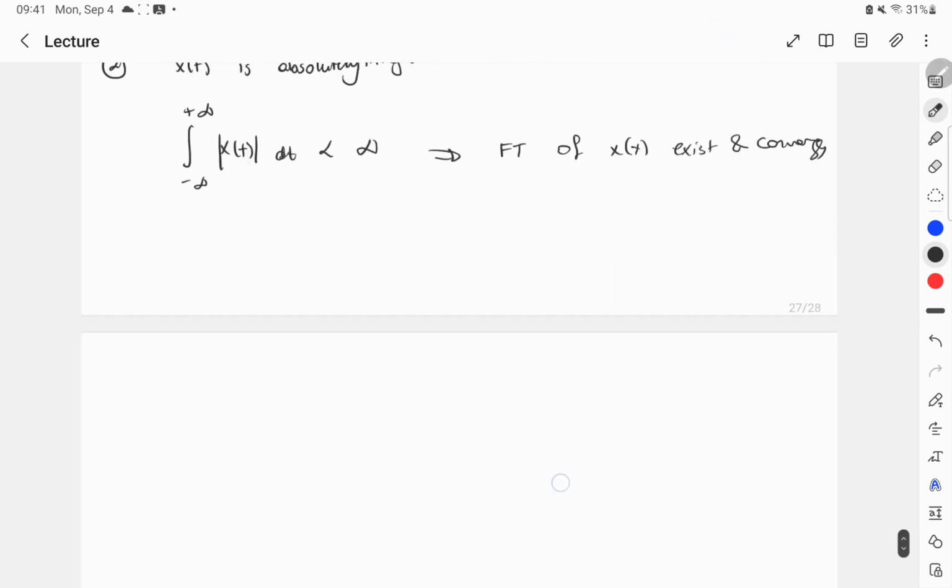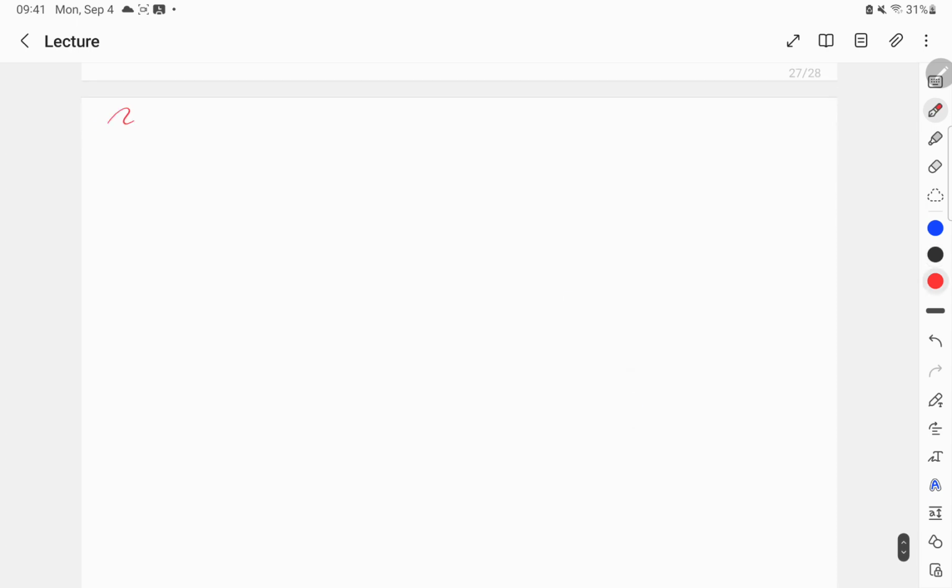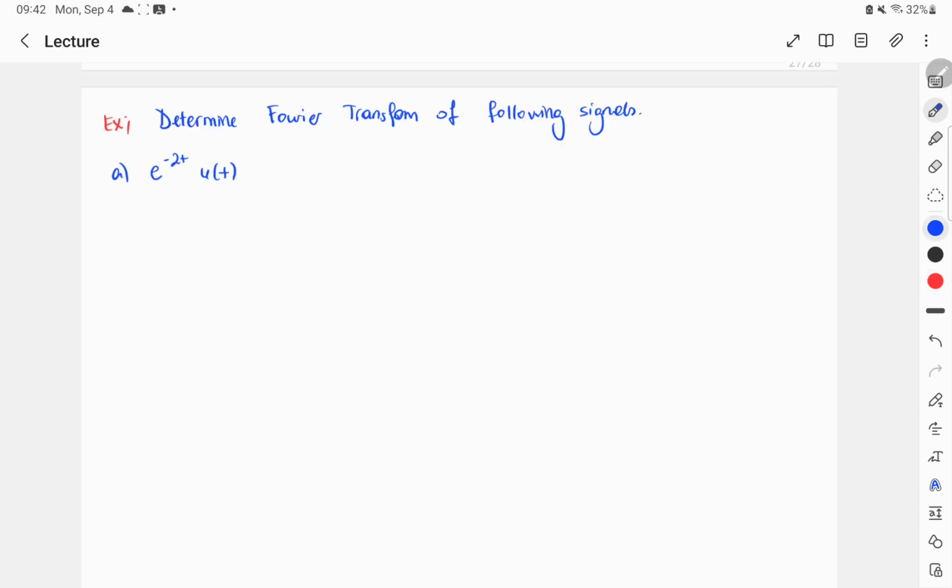Now let's move on to our next example. The example asks us to determine the Fourier transform of the given functions. So our first example is this. What are we going to do? We are simply going to apply our good old formula. And once we do this, we will have